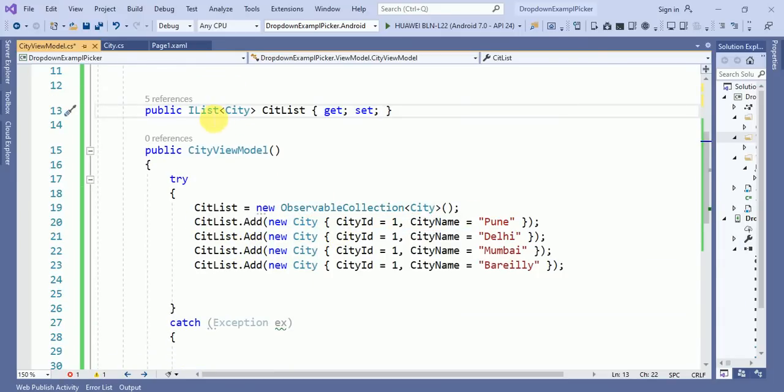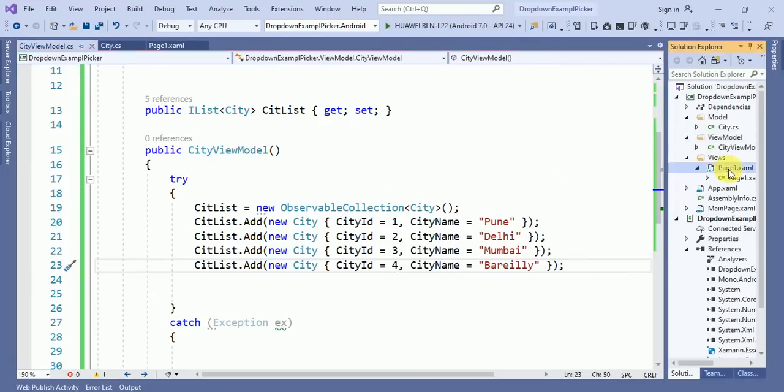Here we have created a list, and in the list we are adding values: city 1 equals Pune, the second is Delhi, the third is Mumbai, and the fourth is Bareilly. Cool. So here we have created a page.